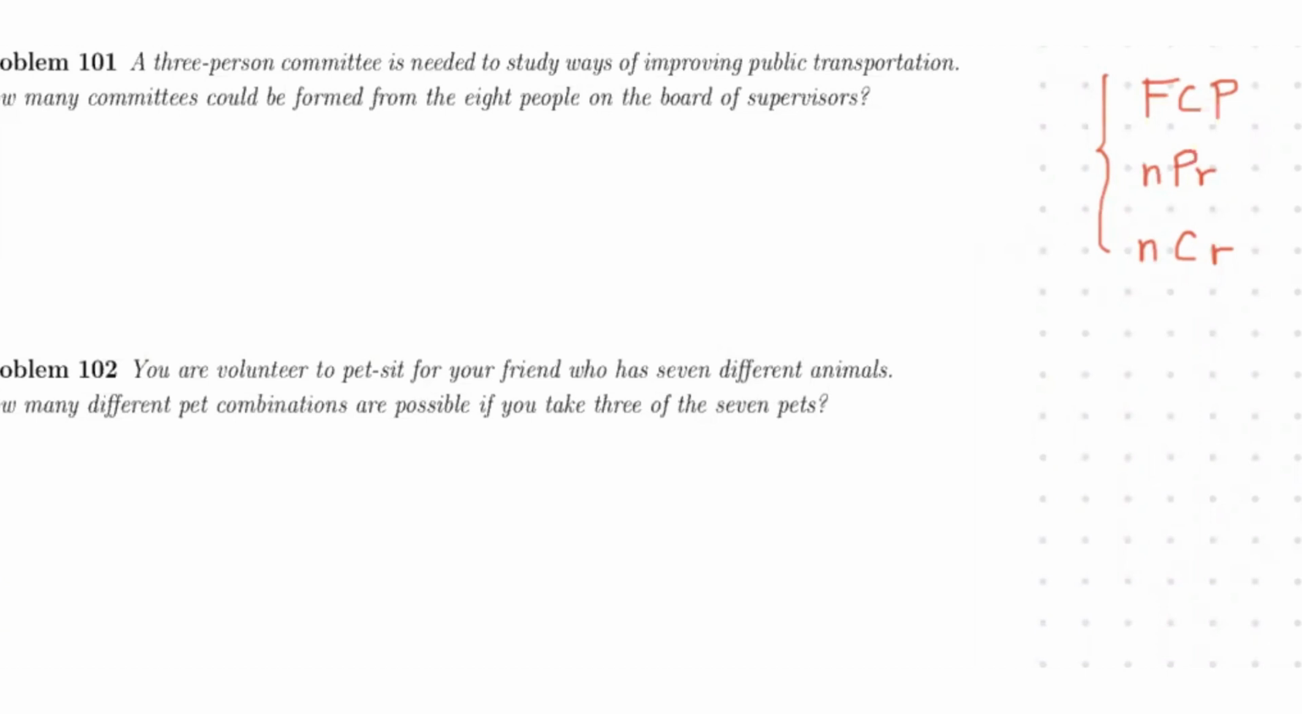A 3-person committee is needed to study ways of improving public transportation. How many committees? So here is a word, committees. If it's a human being, no repetition. So it's clear, no repetition. Committee members, no order. As I said, if it is a position like president, vice president,